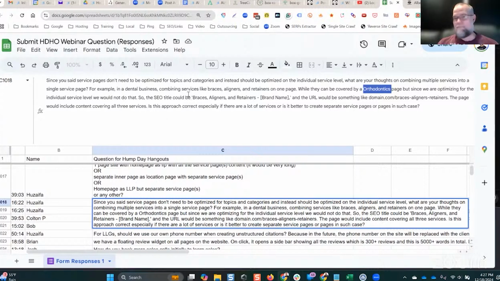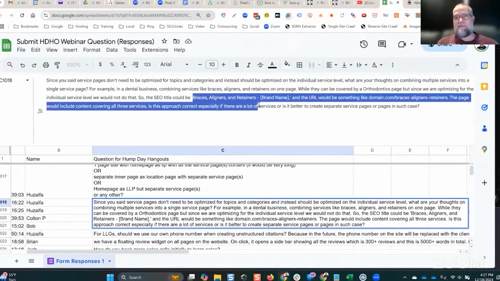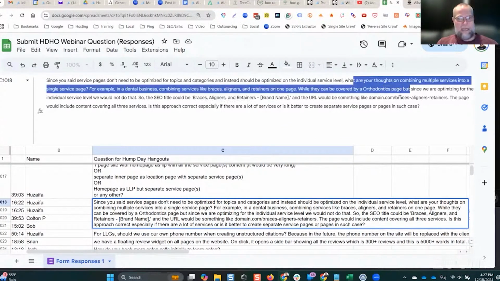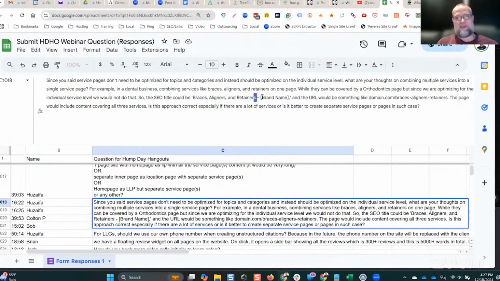And by the way, I do recommend trying to do that with one page first, because you would need less content, fewer pages, and you'll have fewer link building targets for the site. Then after the site's built that way, see how it performs. If it doesn't perform as well as you would like, then you can always go in and add child pages, pull that section out of the top level page, and create child pages, one for each, nested under that orthodontics top level service category. Does that make sense? And then see if that performs better.